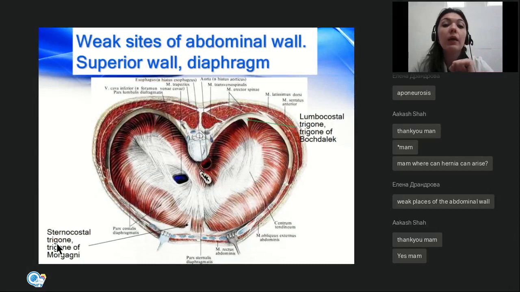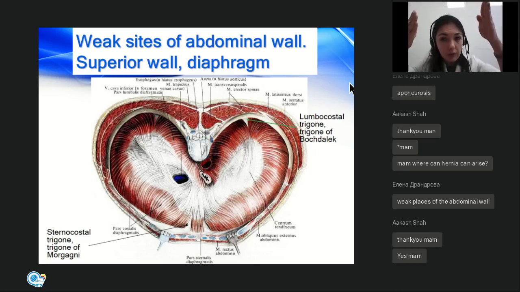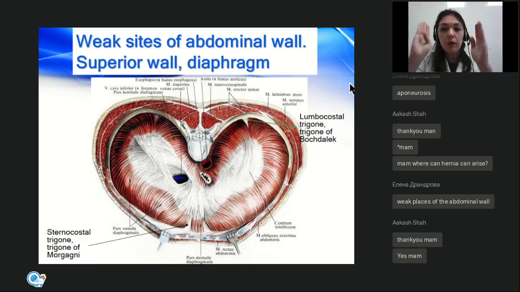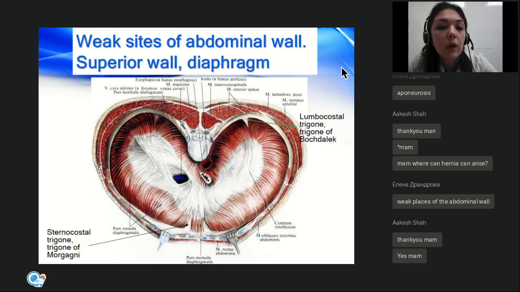Okay, and as I told you, in the diaphragm there are also weak places. Diaphragmatic hernia can arise through them because pressure inside the abdominal cavity is higher than in the thoracic cavity. In the thoracic cavity, it even becomes negative during inhalation. That's why diaphragmatic hernias are directed towards the thoracic cavity. So abdominal organs leave the abdominal cavity and enter the thoracic cavity, not vice versa, only in one direction due to the differences in pressure. And these hernias can arise through weak places of the diaphragm, and they are